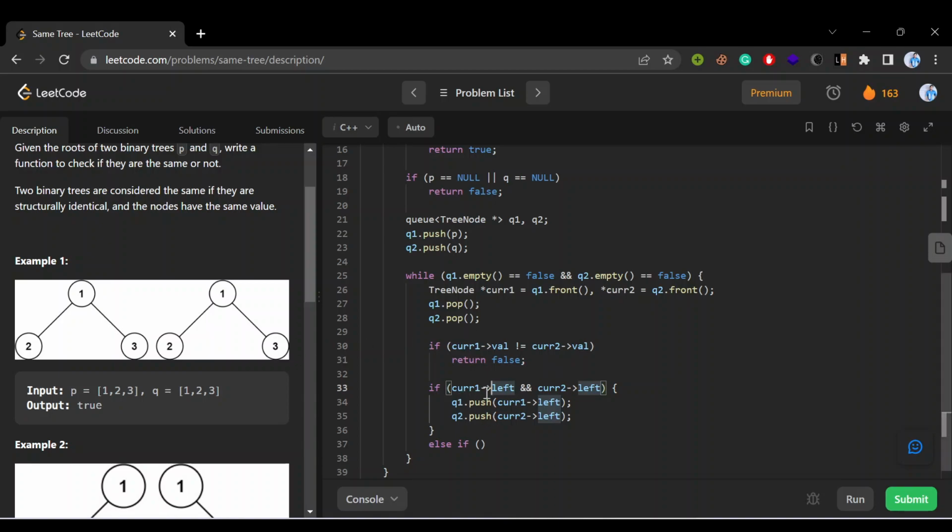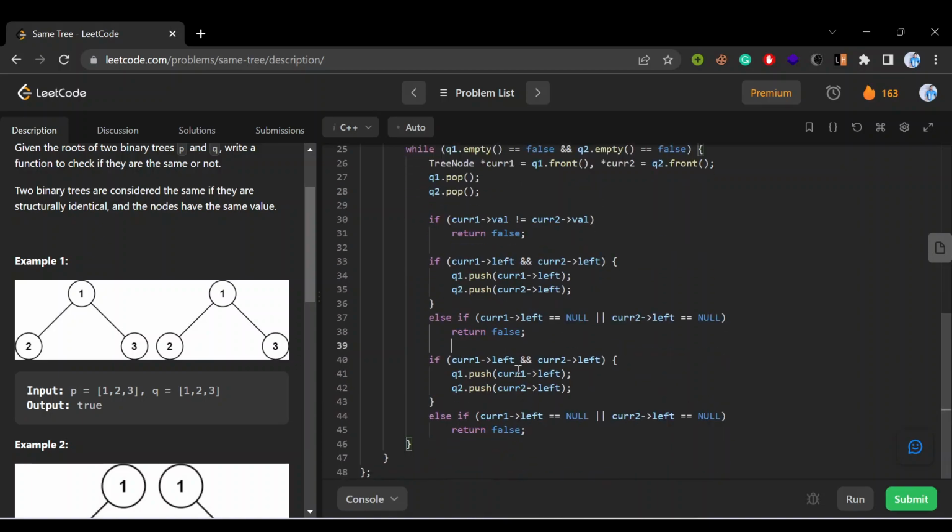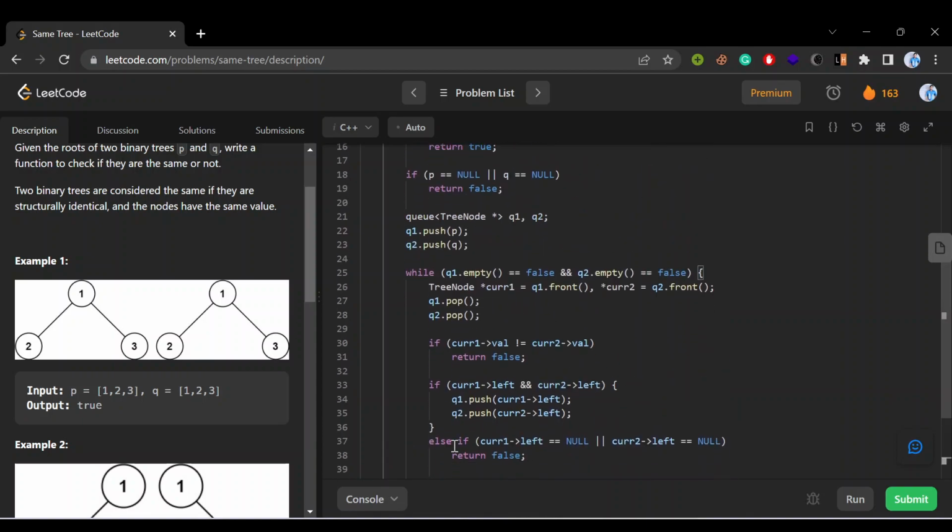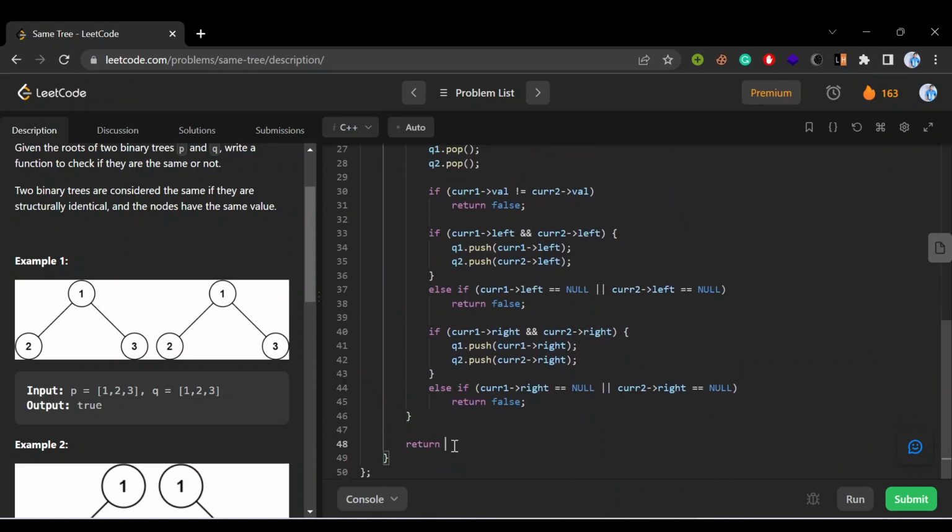But what if current 1 left is null, but current 2 left is not null? In that case, we need to make a check if current 1 left is null or current 2 left is null. If this is the case, then I'll be returning false. Then I'll be copying the same code up for the right child. And after this traversal, if everything is fine, we are out of the traversal, and then we will return true